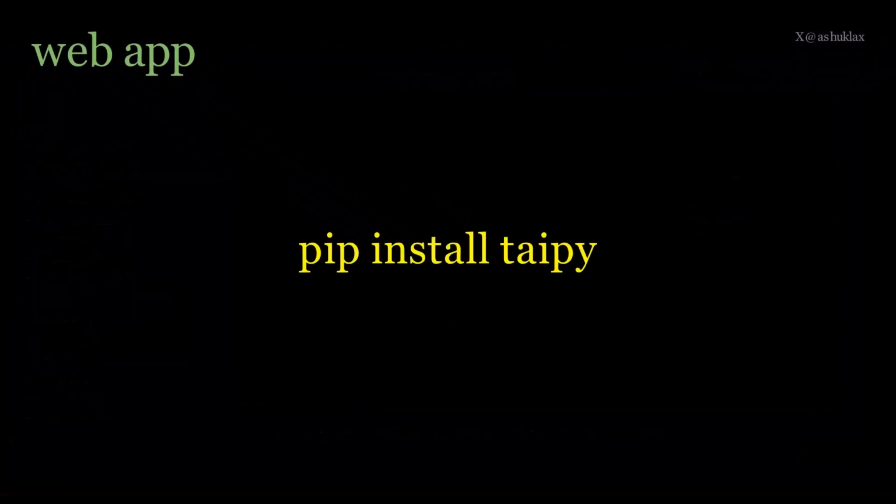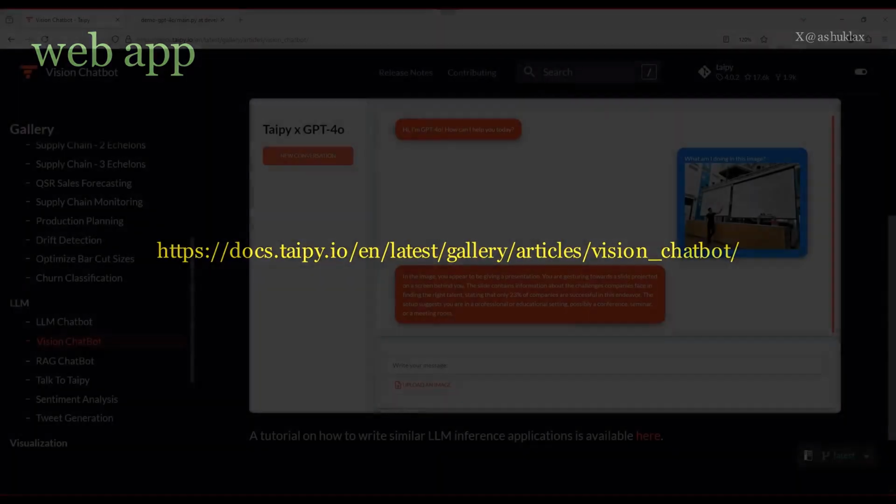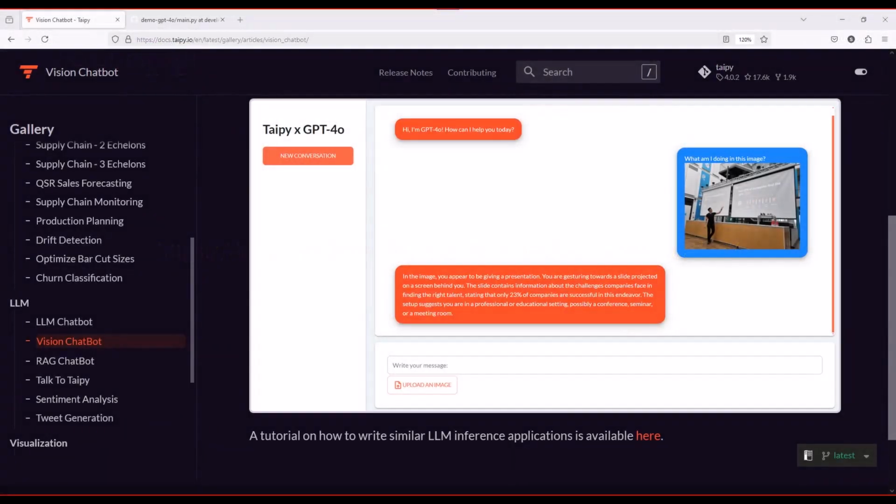So very first, you will need to install the Typer package. So open your terminal window or your command prompt and type pip install typer. Second, please browse to the Typer documentation. On their web page, you'll find tons of very useful pre-built projects which help you build a variety of different use cases. Here, as you're looking at this screen, please browse to the link which says Vision Chatbot